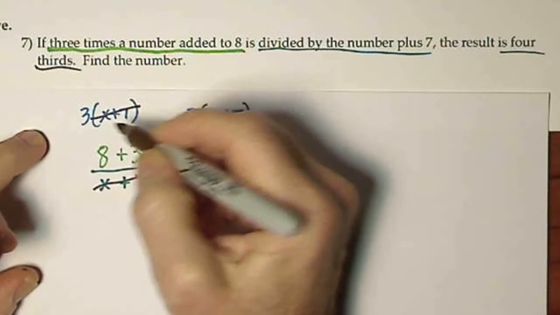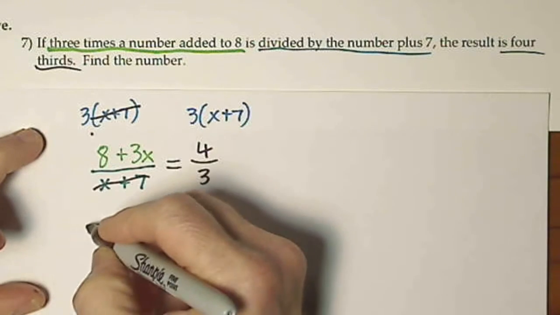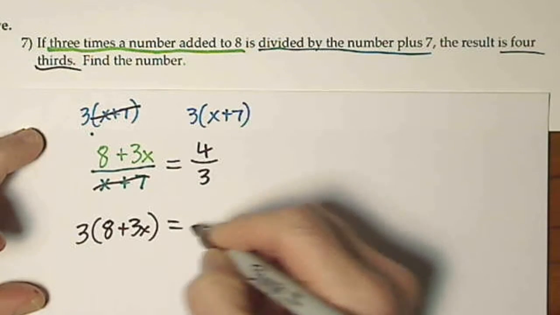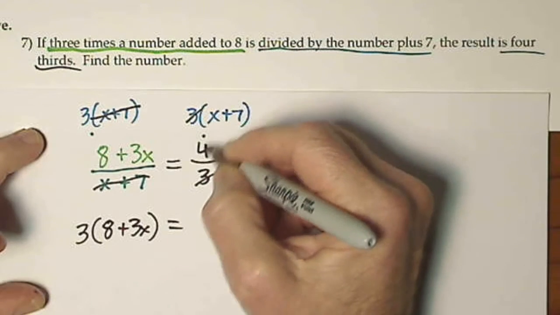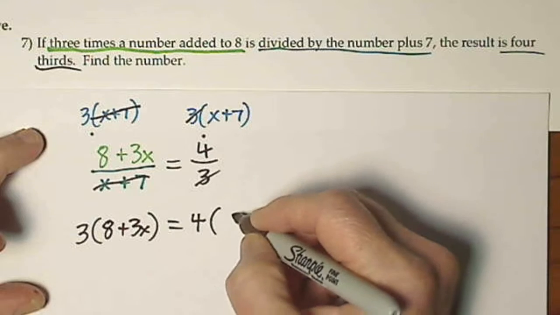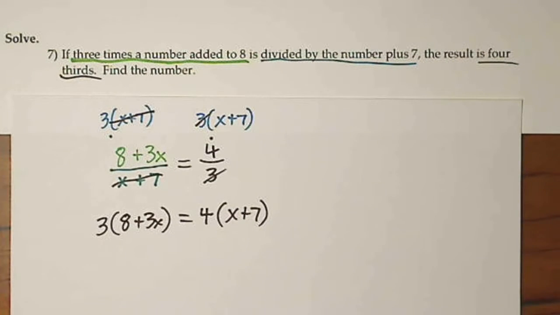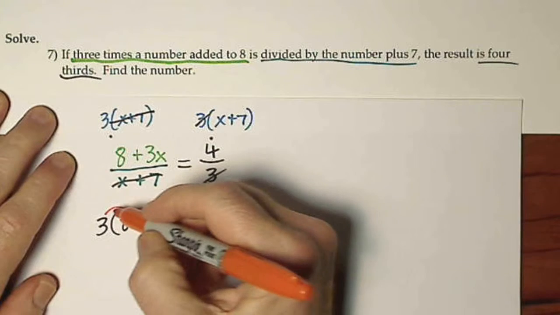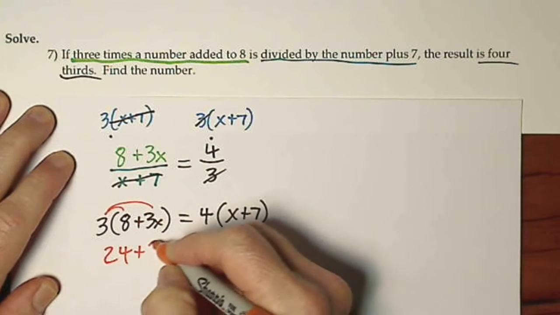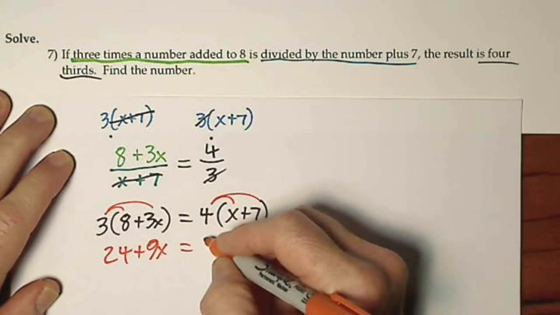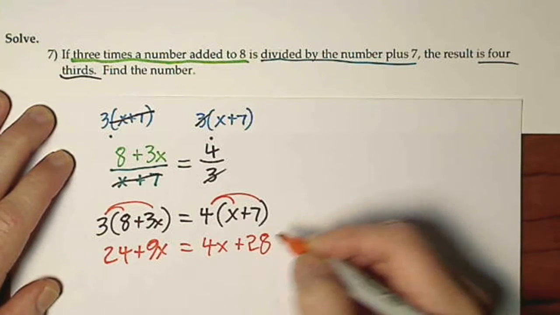So the x plus 7's cancel, and you're left with 3 times all of this, 8 plus 3x equals, the 3's cancel, but you have 4 times all of that. Okay? And now we'll have to get rid of these parentheses and go from there. So send in your 3, 24 plus 9x, send in your 4, distribute the 4, distribute the 3. 4x plus 28, and